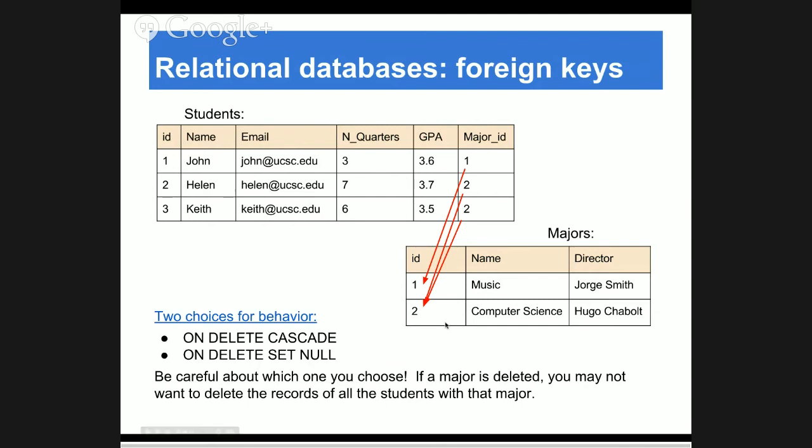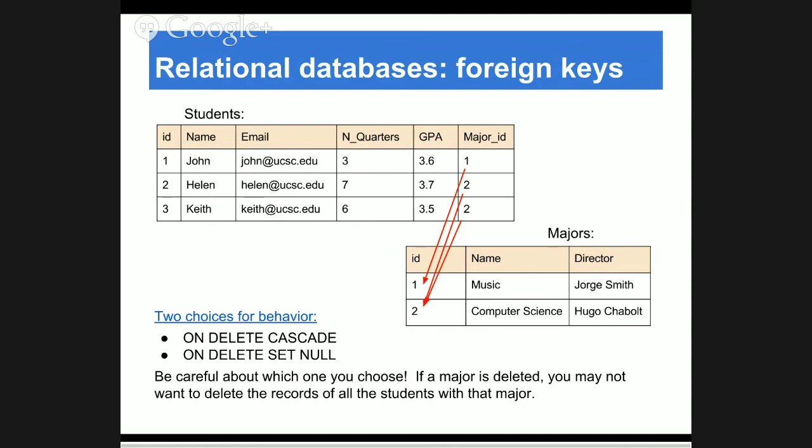There are two behaviors that in databases are called onDelete cascade and onDelete set null. I think there is another one as well, but I don't remember it. But these are the two most common. The problem is that in many frameworks, including Web2Py, the default is onDelete cascade. So if you delete the computer science major, the database would also, without telling you anything, automatically delete all the students that have CS as their major, which might not be the wanted consequence of the deletion, right? So this is a gotcha.